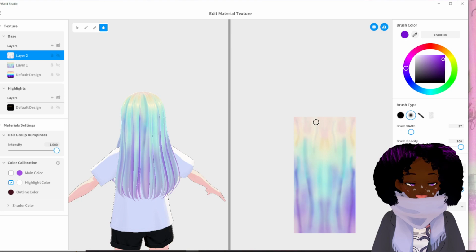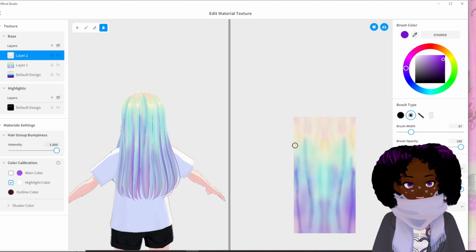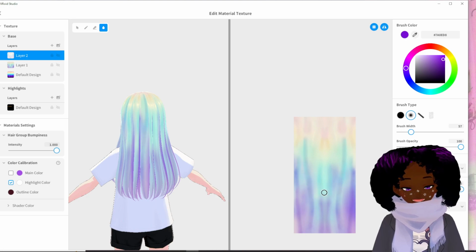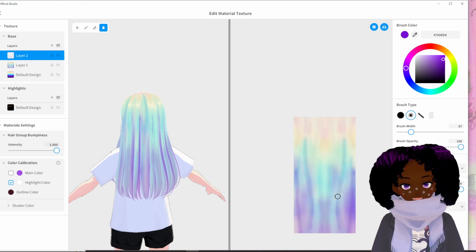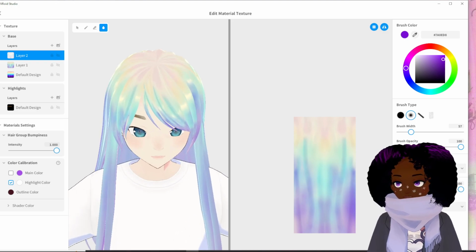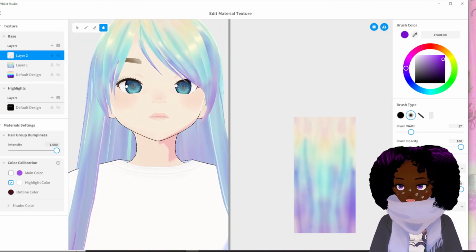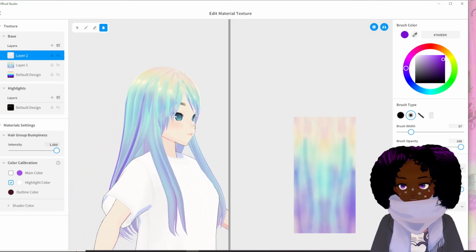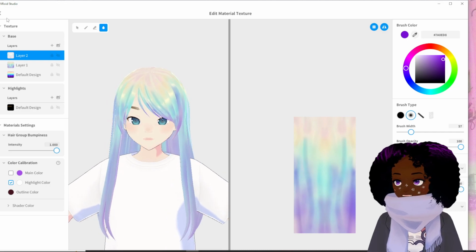Alright, and I believe the last thing I did was take a wider brush from a distance and blur all those lines out just a bit further, so it's still there. You still have the depth, the shadowing. It's just not as harsh as before. And that should leave you with this kind of look. If you like the harsher lines, you can always put them back in. But I think I just left it like that, and it gives you a nice faded, multi-layered rainbow hair kind of look. Yeah, that's pretty much how I did the hair.